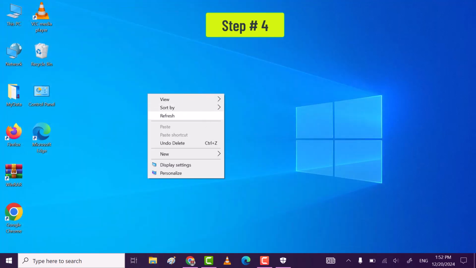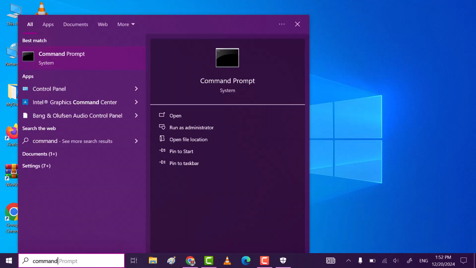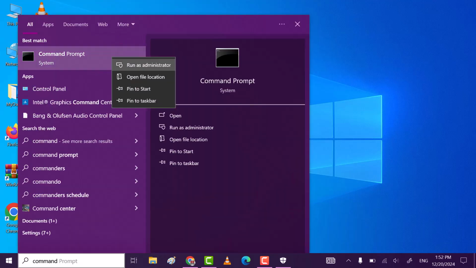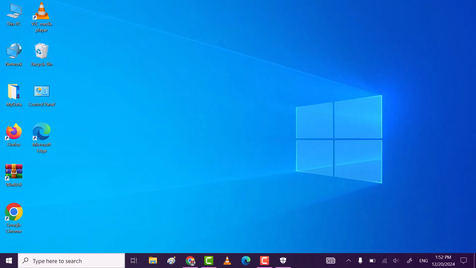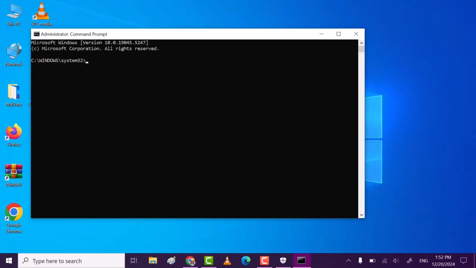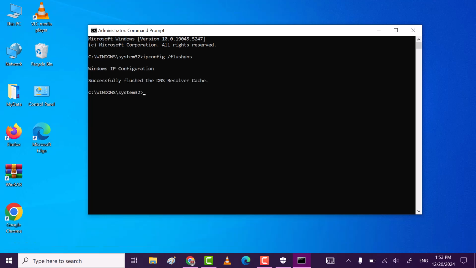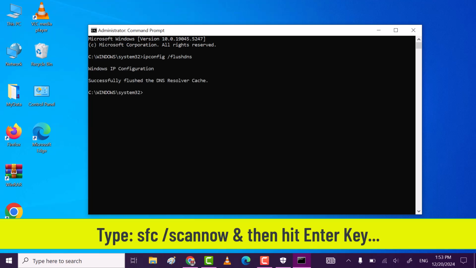Now the last step, open Command Prompt, right click and then open it as Run as administrator. Click on Yes. Now type the command ipconfig /flushdns. After that type